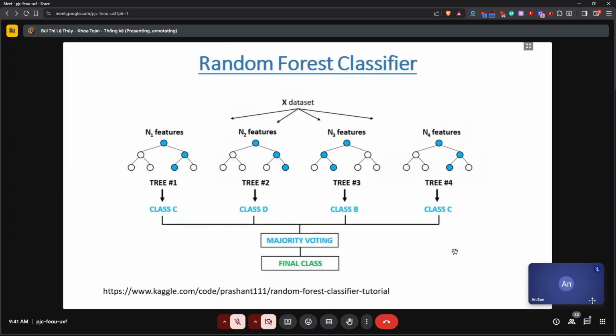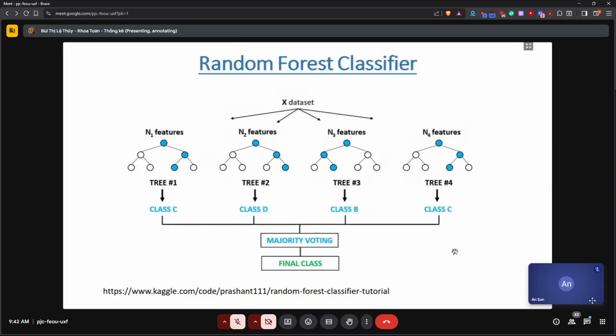So the little blue dot is following an observation through the tree, and it will then end up in a final node, the bottom node, and that will be, in this case, a class A, B, C, or D. So if I follow that through, it's going to be in class C. In the second tree, it'll be in class D. In the third tree, that observation might be in class B. In the fourth tree, it'll be in class C. And so at the end, I've got the observation in different classes for the different trees, but I take the majority vote.